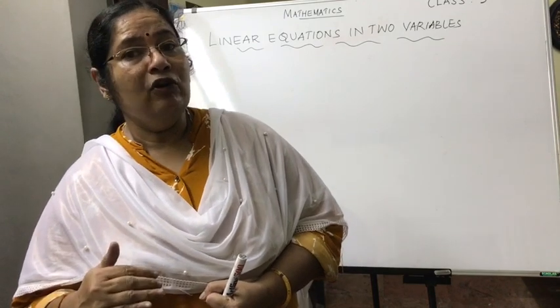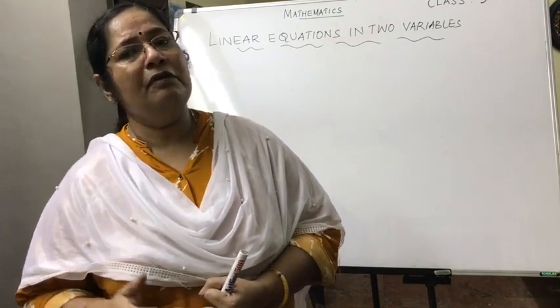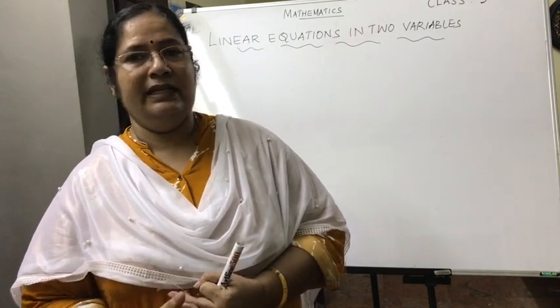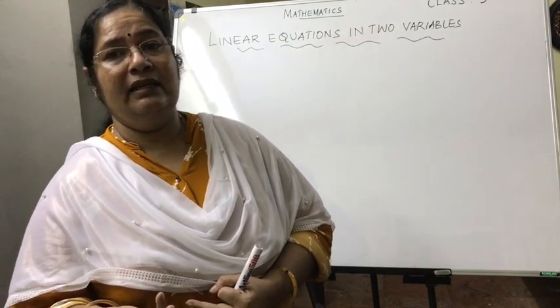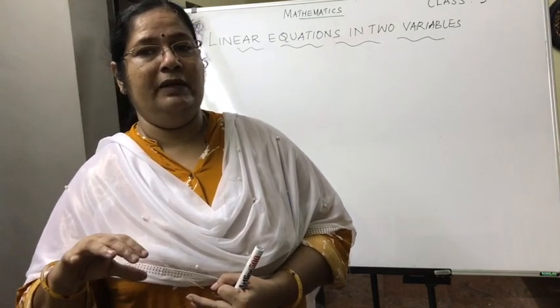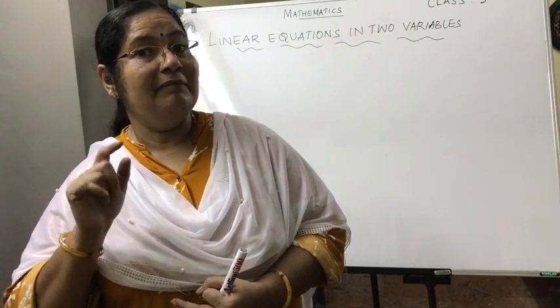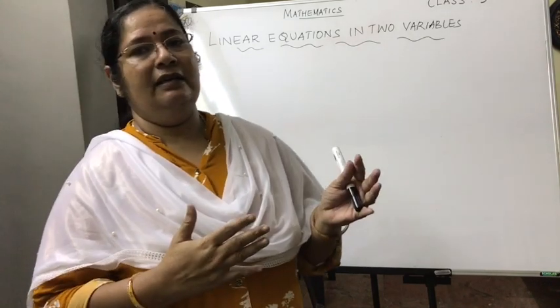Now linear polynomial means its degree is 1. So one example for a linear polynomial, let us take say 4x. 4x is a linear polynomial. Or you can take say 2x minus 3. That is also a linear polynomial. It is also an algebraic expression. A polynomial is basically an algebraic expression. Now let that be there.